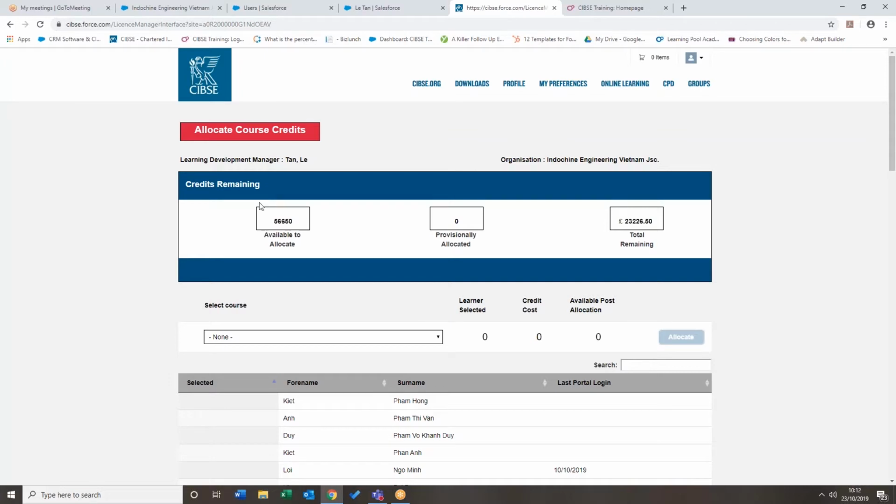This first one right here that says available to allocate is the amount of credits you have. So you've got 56,650 worth of credits. Okay, this middle box right here that says provisionally allocated, every time you allocate a course